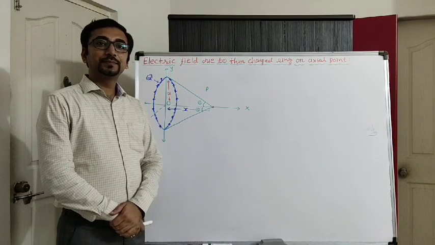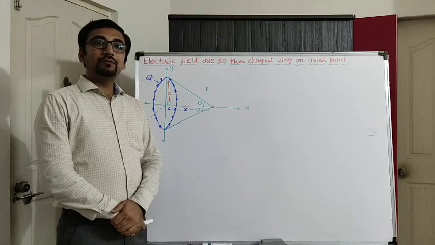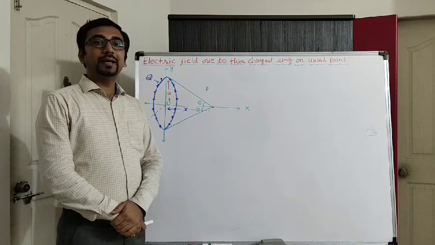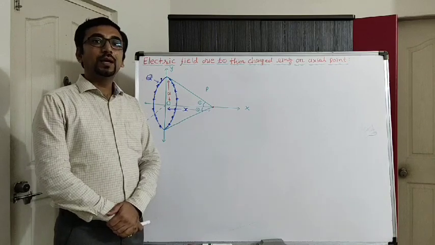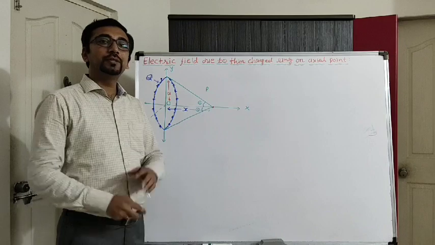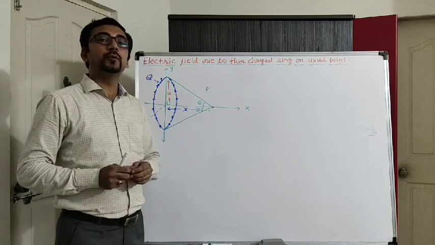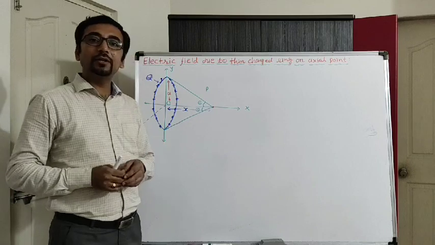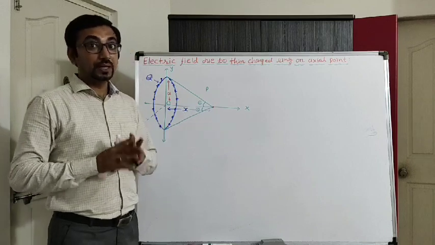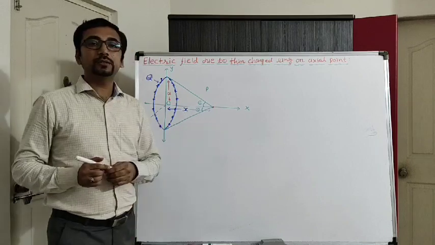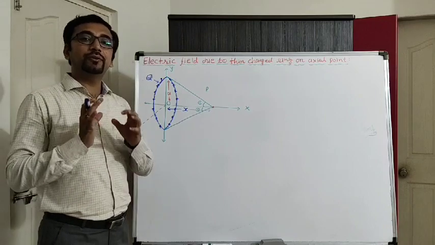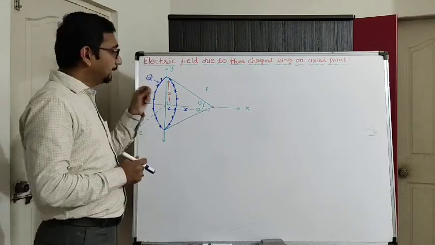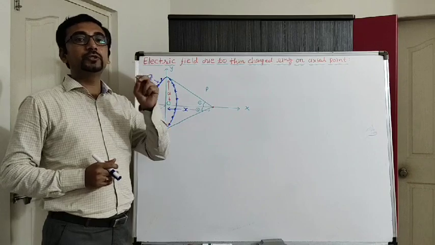Hi students, we were solving electric field due to one-dimensional charge system. In previous videos, we simplified electric field due to straight long wire. Then we obtained electric field due to a curve. Now in this particular case, we want to find out electric field produced by a thin ring which is uniformly